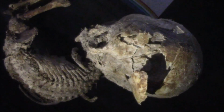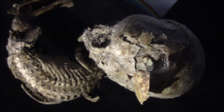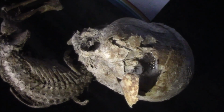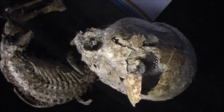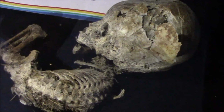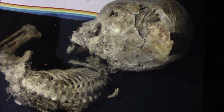Do you know of any disease that could cause that? You could have hydrocephalus, which would cause an enlarged head like that. And that's about the only thing I can think of that would enlarge the head. But do you think this is hydrocephalus? I don't know. I do not know. Could be the result of genetic inbreeding, or it could be, like I said, breeding with something that's not compatible